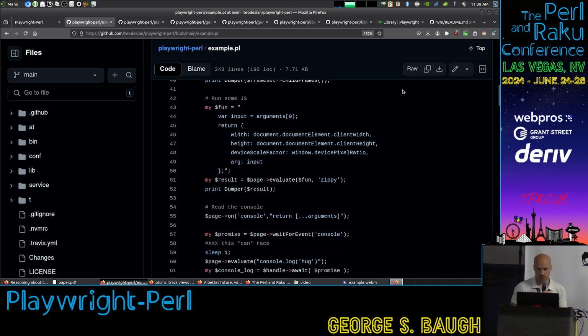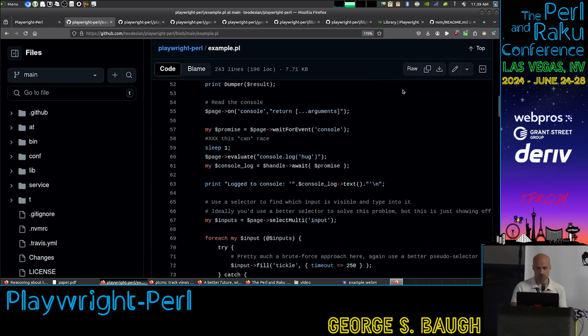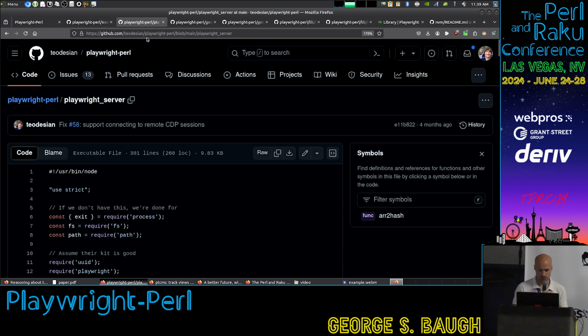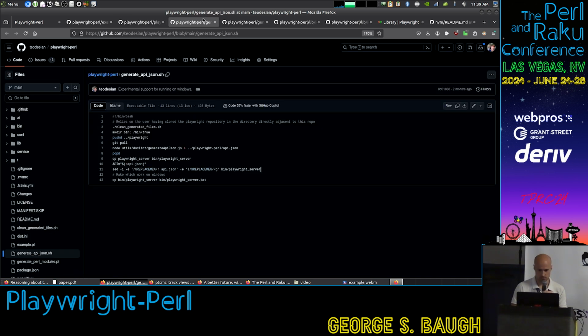And then you can, as you can see here, I'm dumping some raw JavaScript into it and then evaluating it. You can also give it different on events to do things. Like, for example, if a console.log is emitted, you can then wait for the console.log to actually be done with an await like it's in JavaScript. Now, the way that I've implemented await is just simple forking. It's right here in this module, but,